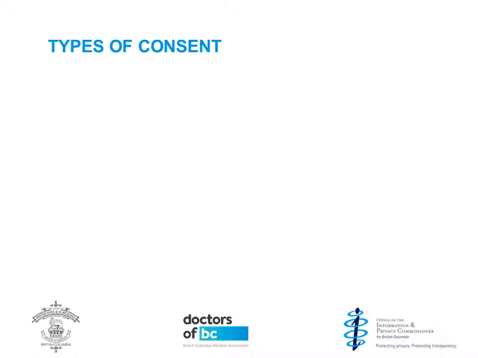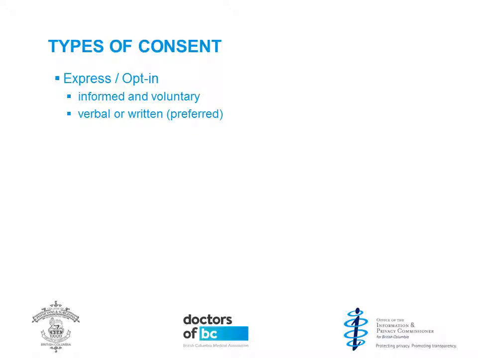Consent is required for collection, use, and disclosure of personal information. Different types of consent are express or opt-in, which is given by an informed person voluntarily and can be done verbally or in writing, but it's always best to get it in writing. Implied or opt-out, which is given by an informed person voluntarily, but there's no need for express consent because it's